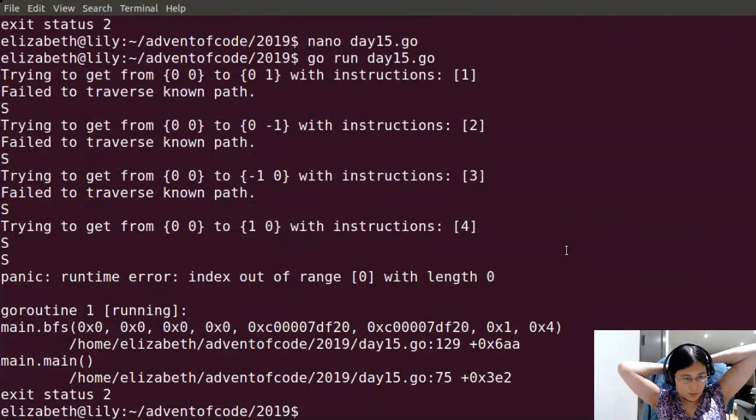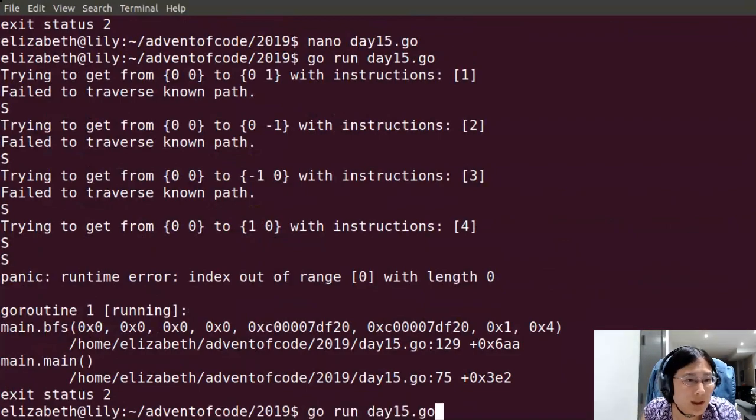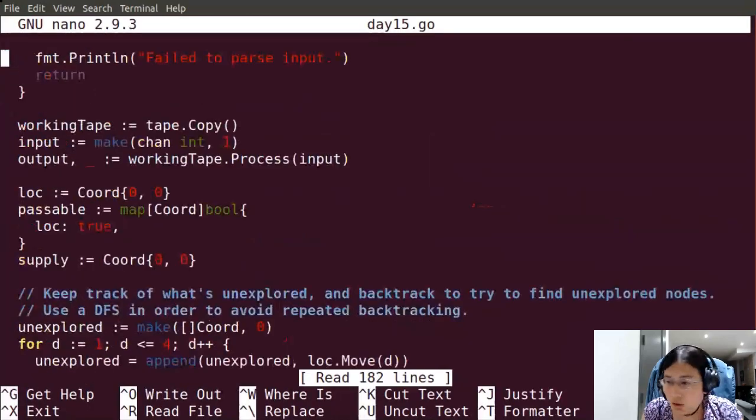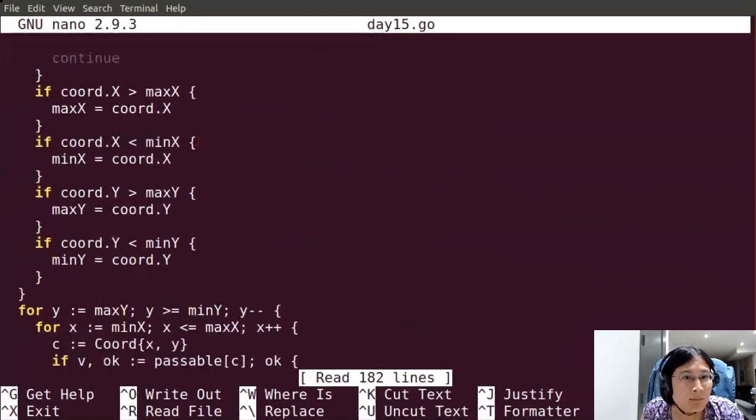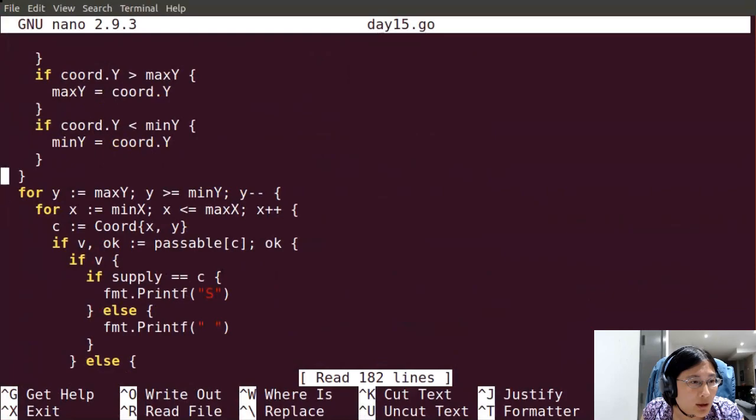Yep. Okay, so it's trying to get from 0, 0 to 0, 1. Yeah, because I know I start on 0, 0, so I should be able to... Okay. That simplifies that a fair bit.